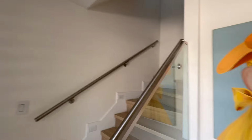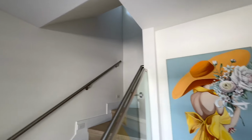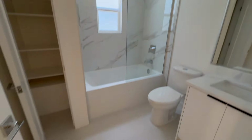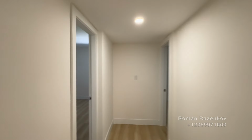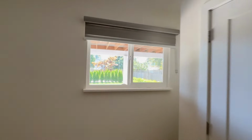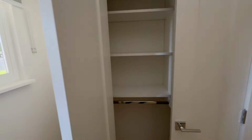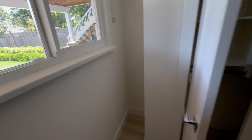This door is going to be closed because this is the main entrance to the main floor, to the upper floor, yep, to the owners. And let's check out the toilet, washroom, tub, one bedroom with a closet, with a window, closet, with shelves, some other extra space for some stuff. Another room,